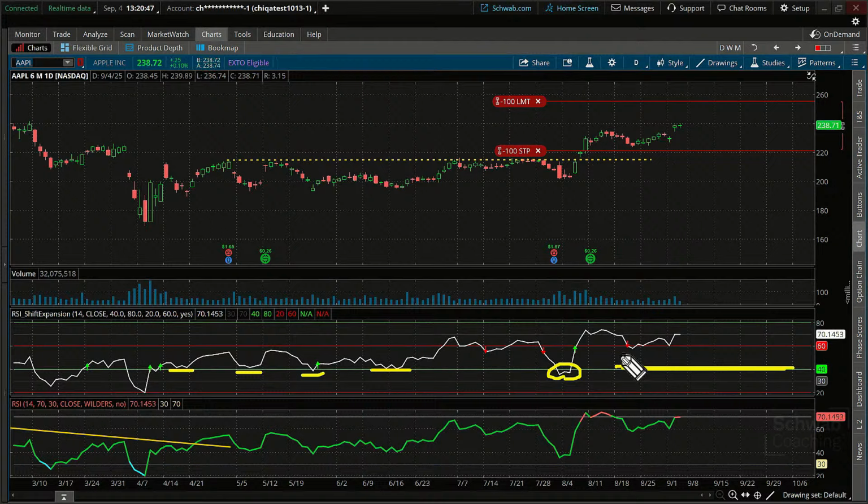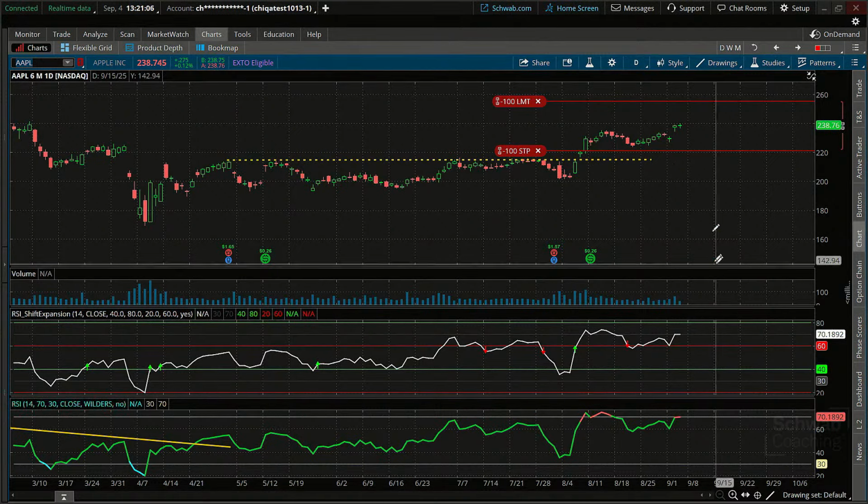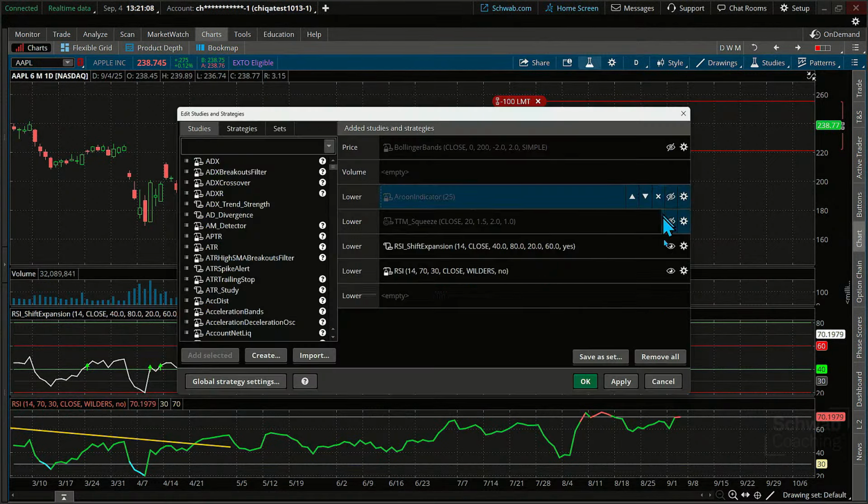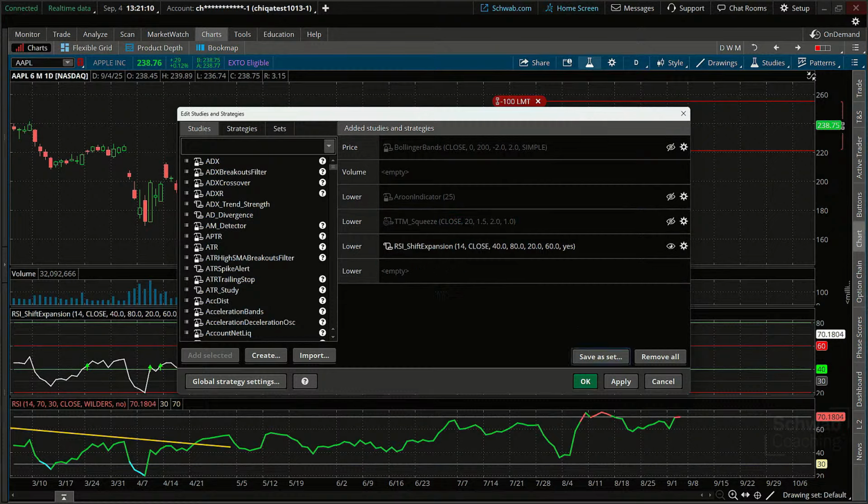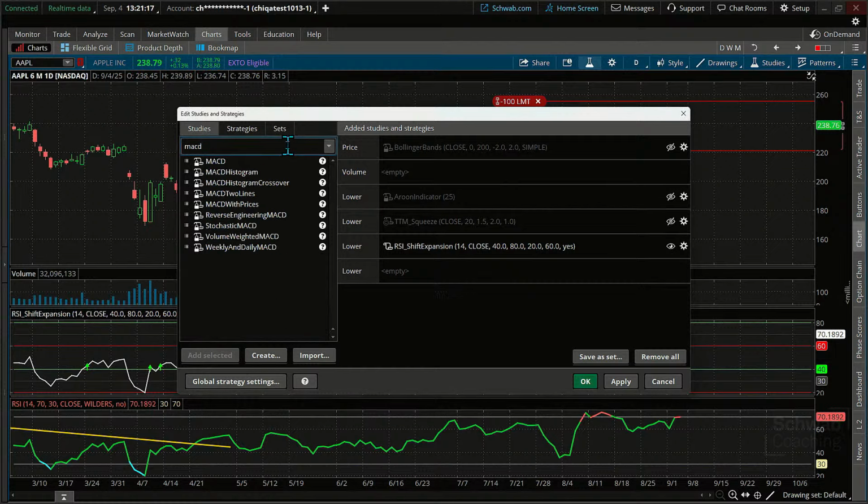Now, the next thing we want to do is create a scan. Let's look at the bullish side right now. The market's bullish. We could easily flip it around to bearish, but if we want to look at the bull side, we can create a scan ourselves in terms of a crossover above 40 so easily. But you know what we're going to do? We're going to add in another indicator to it in addition. On the scan, that indicator is going to be, let's take out our traditional RSI to highlight this guy, that MACD, because we also want to see if a trend has been there too. This will be maybe kind of helpful off of those bottoms.